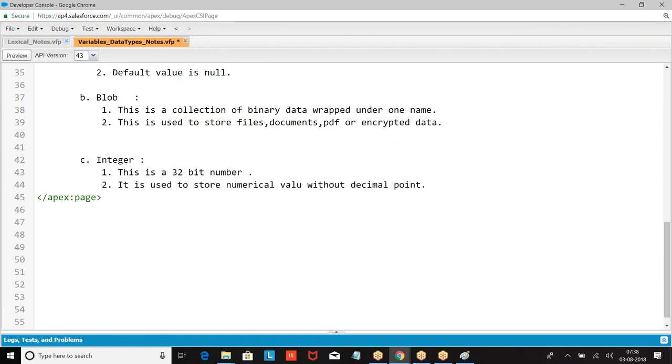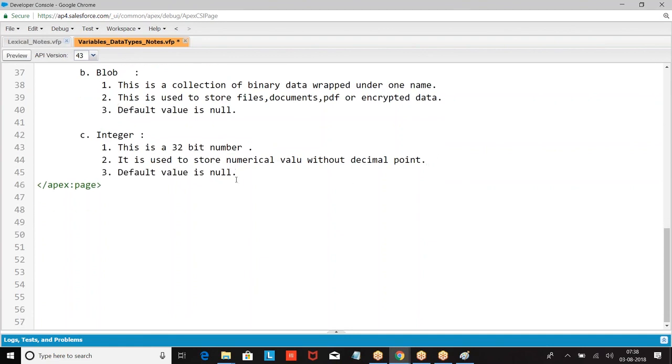What is the default value? The default value is null. So if you want to store any numerical value without a decimal point,